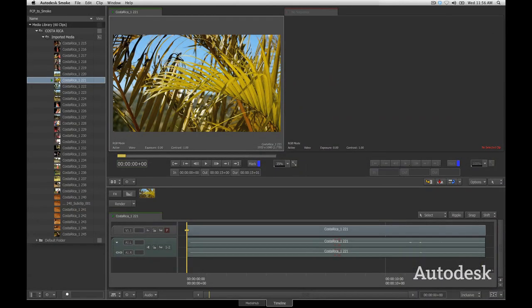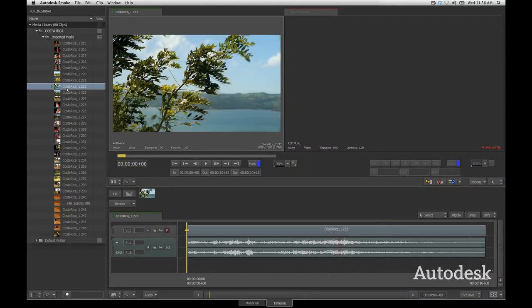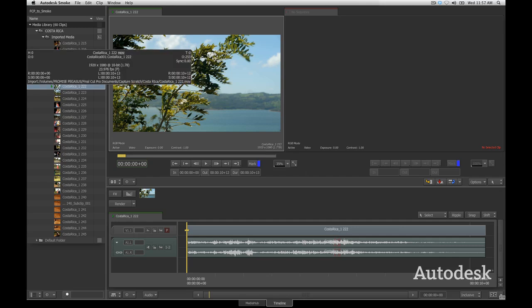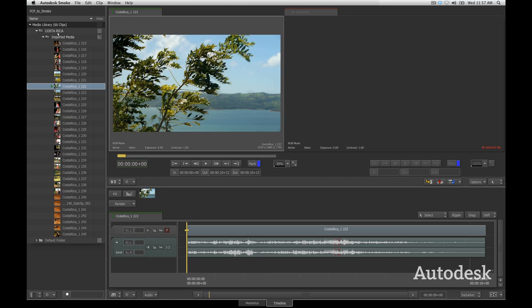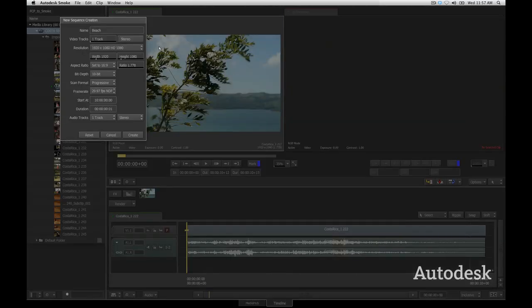All of these clips are from a trip to Costa Rica. If I press the forward slash button and click on the clip, I see that this is 1920 by 1080, 10-bit ProRes files, 23.97. Actually, I know that these are ProRes files because I transcoded them. So I'm going to right click on my Costa Rica folder, create a new sequence that I will call Costa Rica,